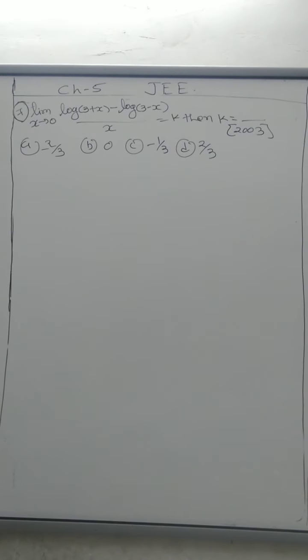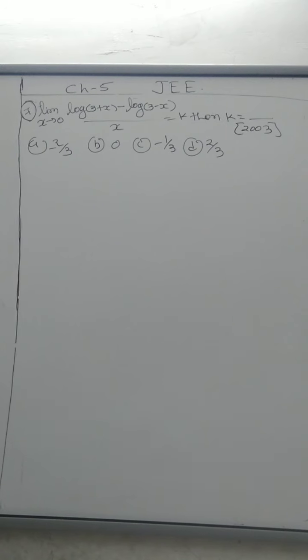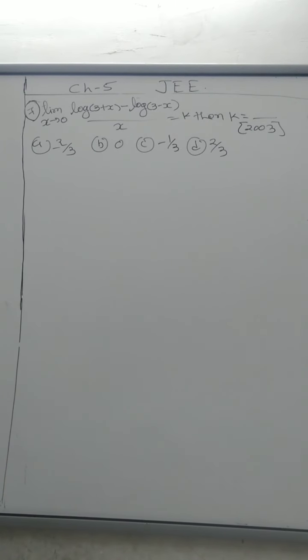Next question, 7th. Limit x tends to 0, log of 3 plus x minus log of 3 minus x upon x equal to k, then k is equal to dash. Okay, this is also asked in 2003 JEE or AIEEE. Answers are given. So first of all here,